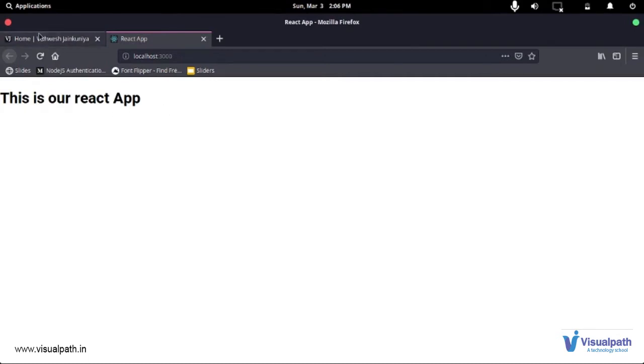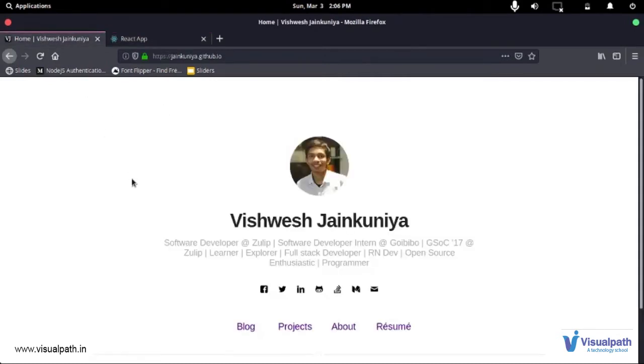Now let's go back to Vishwesh's portfolio and see what 2 things we want to create in the coming 2 lectures. So one thing that I want to create first is this component. So what I see right here is that this can be a component. Okay, now let's talk about whether it has to be a functional component or a class-based component.